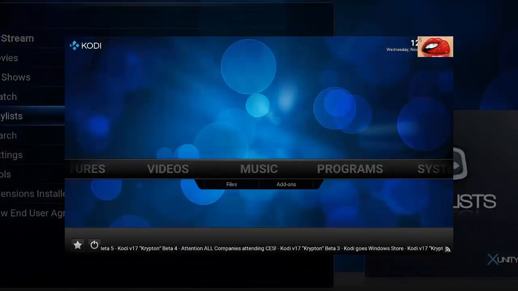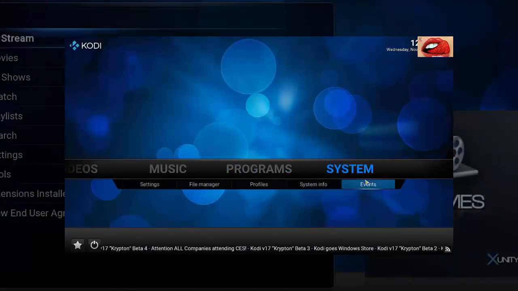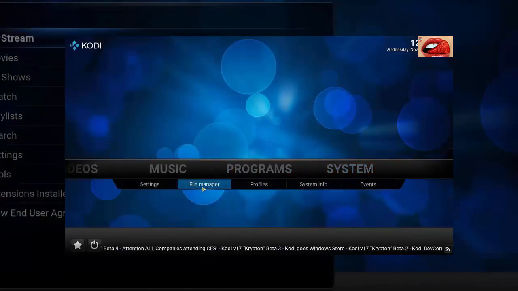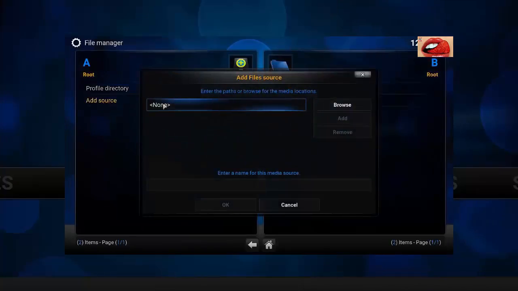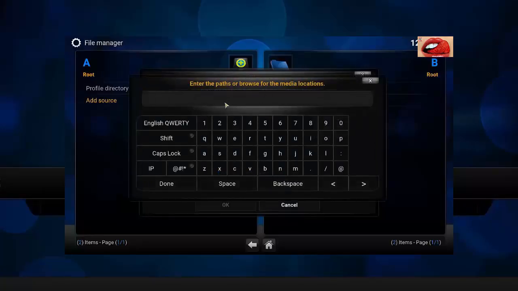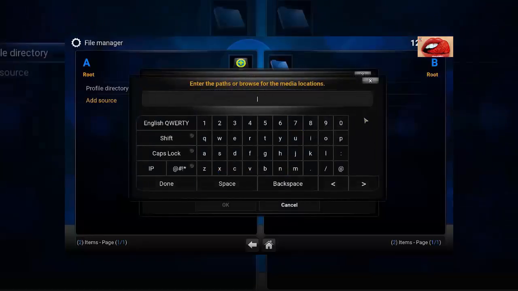So first things first, let's go over to System and we go to File Manager. Just double click on that and double click on Add Source. In the box here, this is where we're going to put the URL, so just click on there till we come to this page. And in the URL is going to be